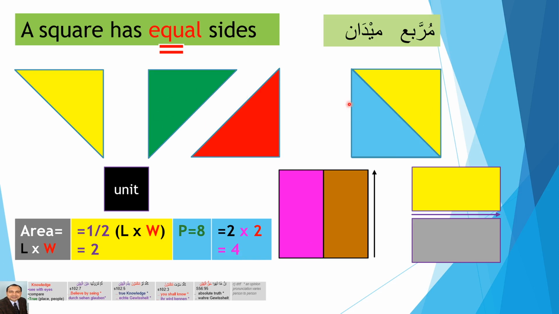Area of this, you see this is half of the square. So you divide this area by 2, so you have area is half of the square. So if you can see here these 2 colored are half of the square, one half of the square is this, so area is one half here. Although here is a triangle, here is a rectangle, area is about the same. These areas are also the same.